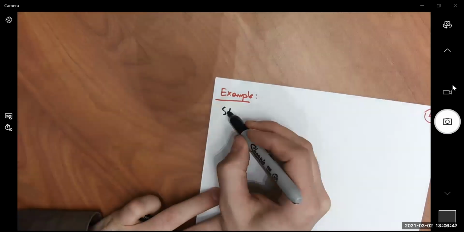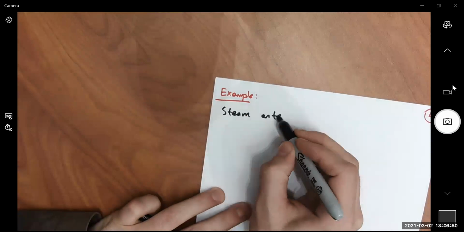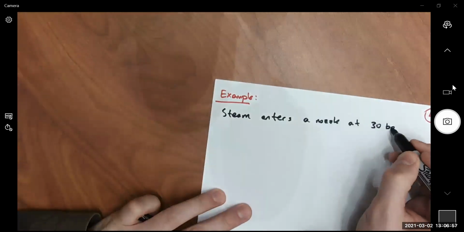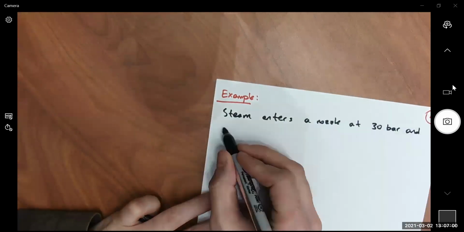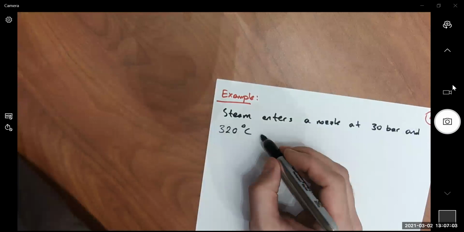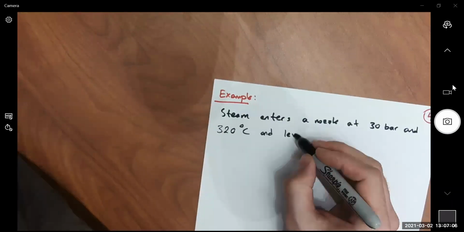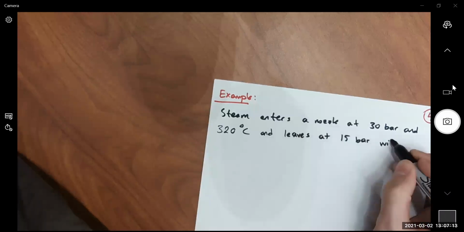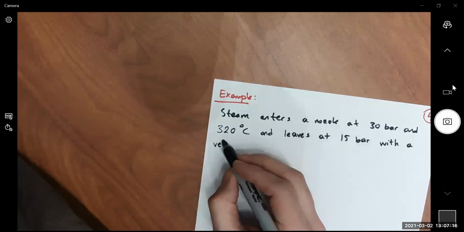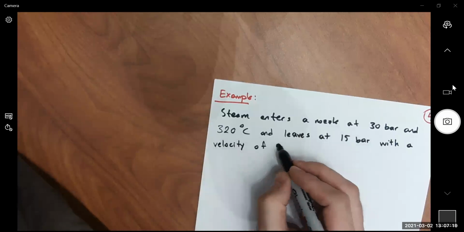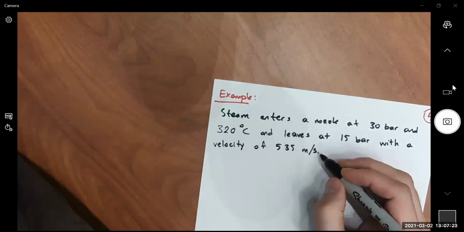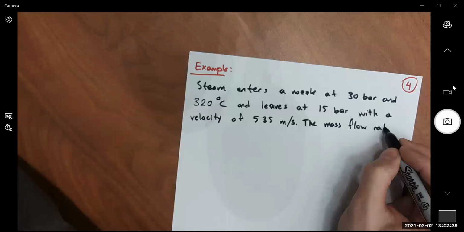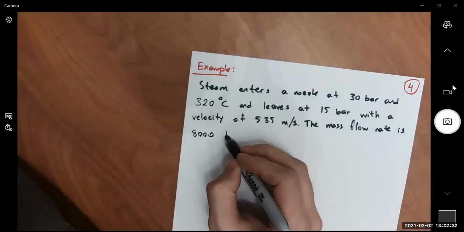Steam enters a nozzle at 30 bar and 320 Celsius and leaves at 15 bar with a velocity of 535 meters per second. The mass flow rate is 8,000 kilograms per hour,